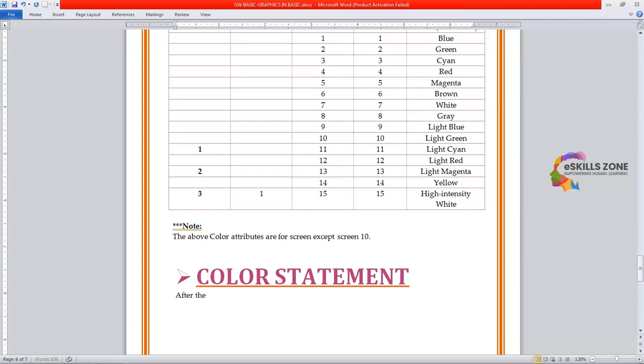After the screen modes, the next important thing used in graphics is the color statement. The purpose of color statement is to select display colors, and the syntax is